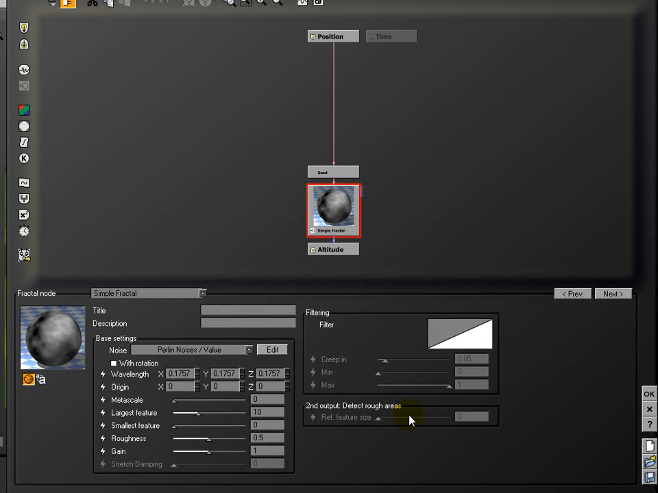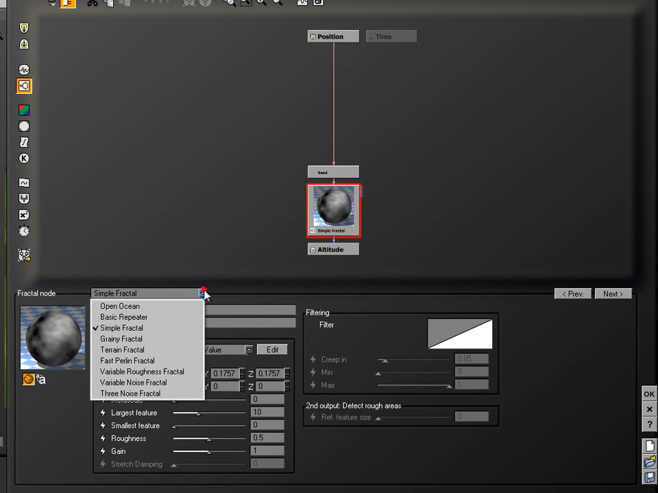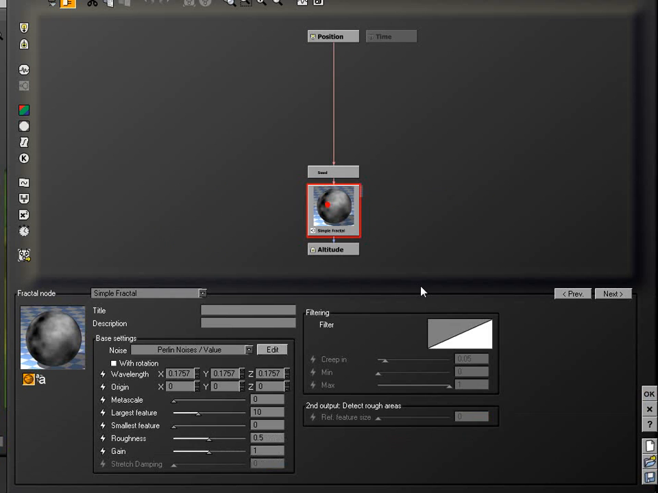Okay, and the last, the second output, detect rough areas. This will appear if the reference feature size option is enabled, and this just allows you to control the distribution of the materials according to the fractal settings. Okay, so next we'll go ahead and look at the actual terrain fractal, and see what changes will be